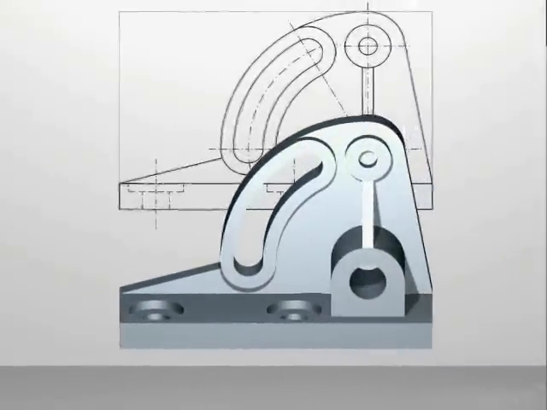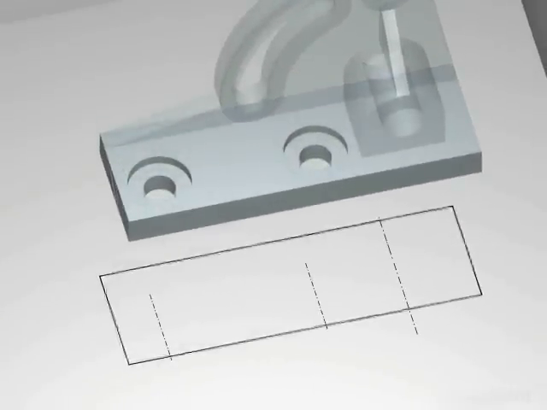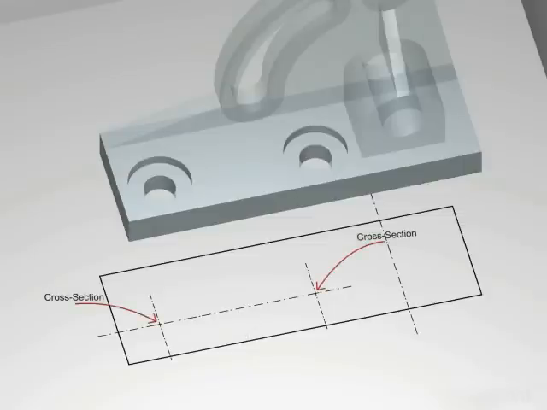Let us now move to the top view. We see the bounding rectangle here. Next, draw three vertical center lines at 20 mm, 75 mm and 40 mm respectively from the left. Also, draw a horizontal center line 20 mm above the base. Note the intersection points of this line with the vertical center lines.